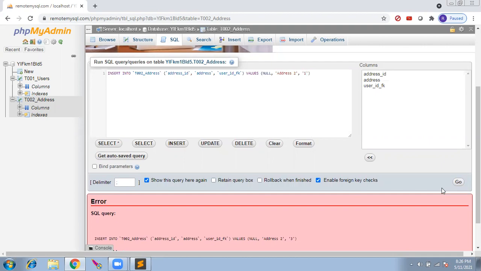Okay. So if I give 1, because I cannot refer to something which is not there in the first register, the user register, only one user is there. How can I tell in the address that I am user number 3? Then we will ask, okay, you are user number 3, where is the user? Where are your details? You don't have it in the user table.